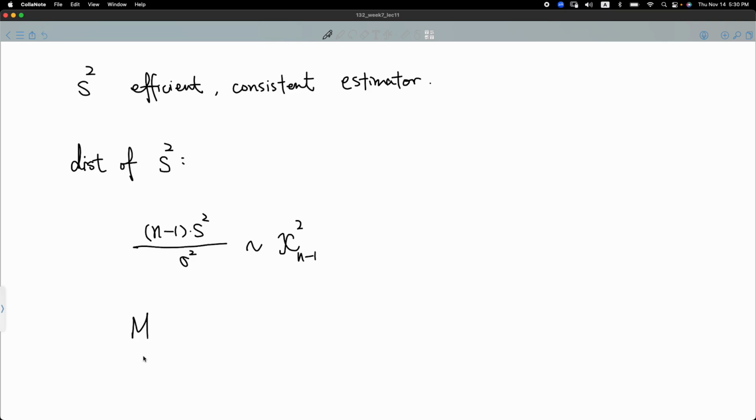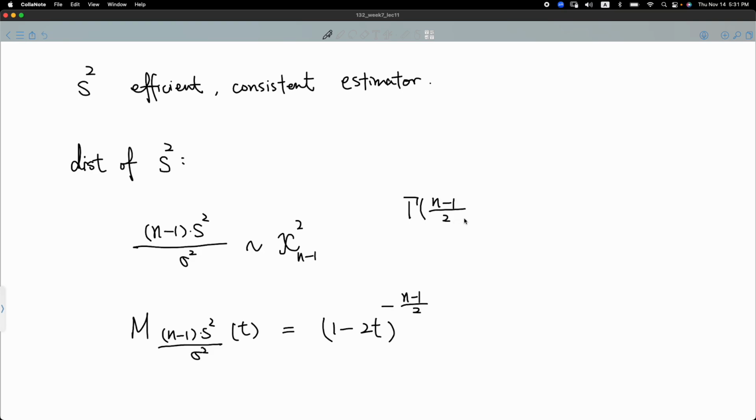So the moment-generating function of (n-1) S squared over sigma squared, which is a function of t, is equal to the following: (1 - 2t) raised to the power of negative (n-1)/2. So chi-square is essentially a special case of a gamma distribution with alpha equal to